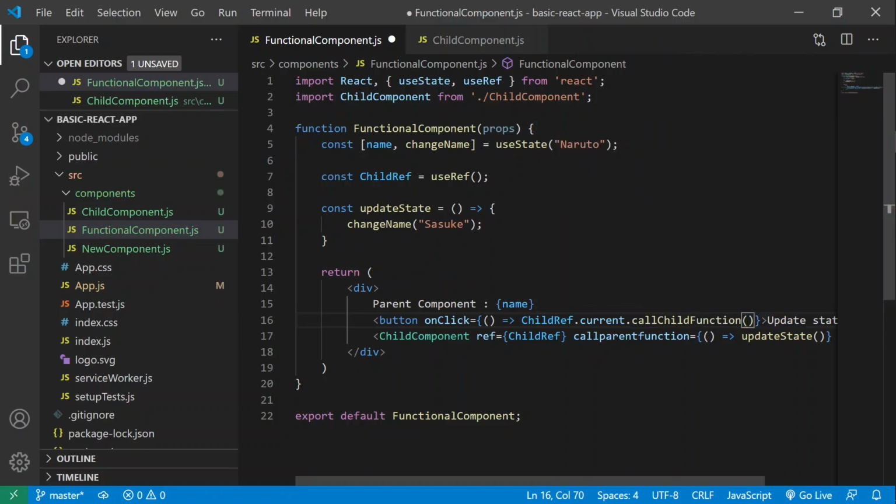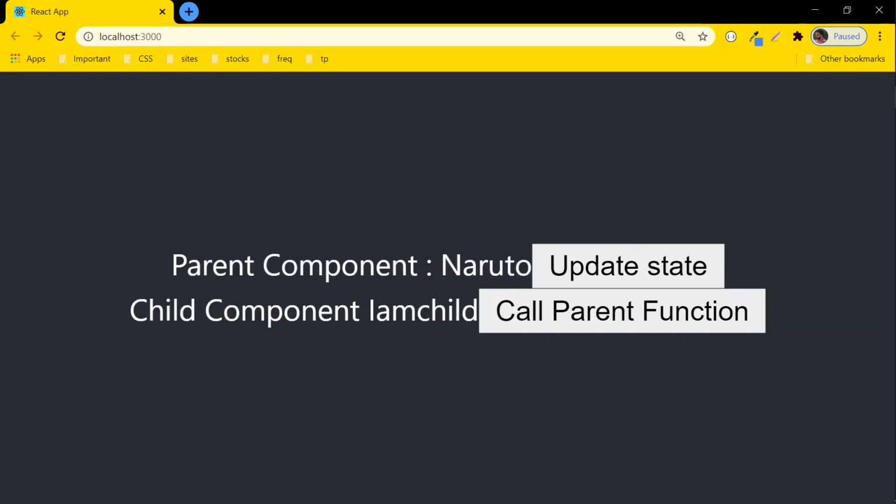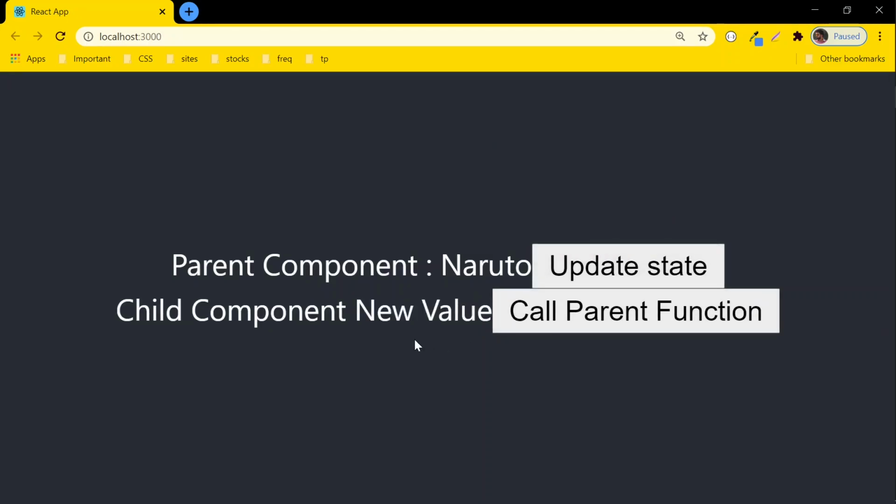Now we will go to the UI to see the changes. Here we have the parent component and child component, and we are going to update the child component variable from the parent component. We will click the button in the parent component and see the change. You can see that the child is updated to "new value" from the parent component.